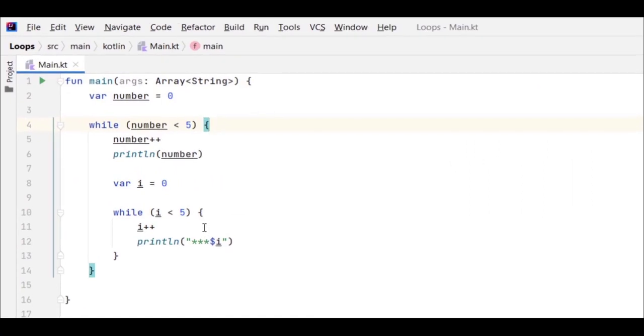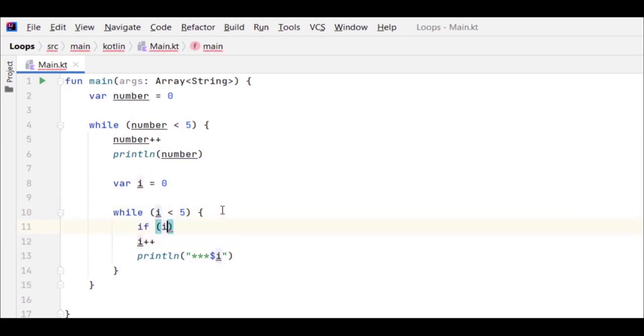And you can use the break keyword inside the inner loop. So I can say here, if you can put it above here, so I can say if I equals 0, then break. And you can put the break and continue keywords in one single line if you want. You can avoid the curly braces. So now if you run this code,